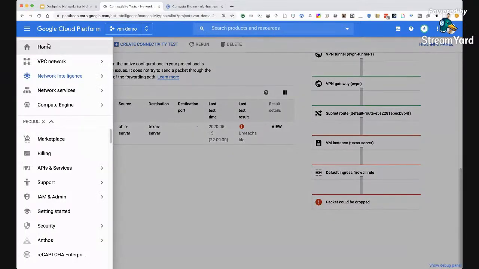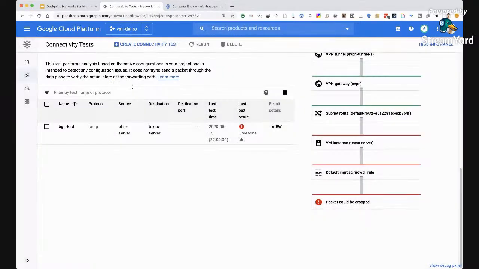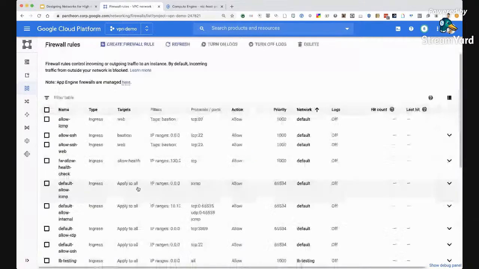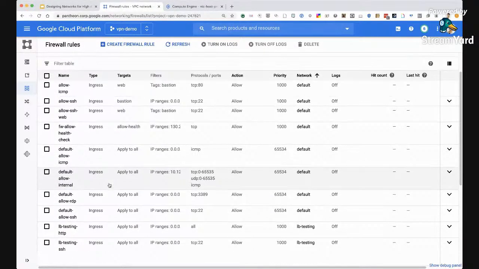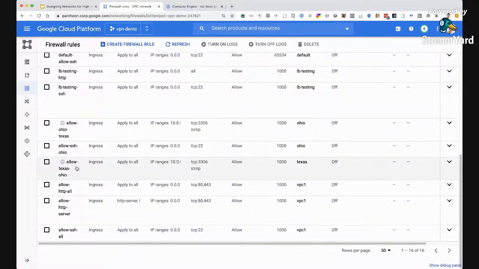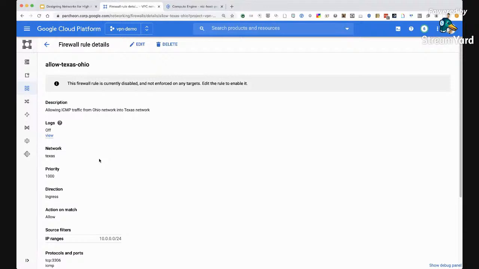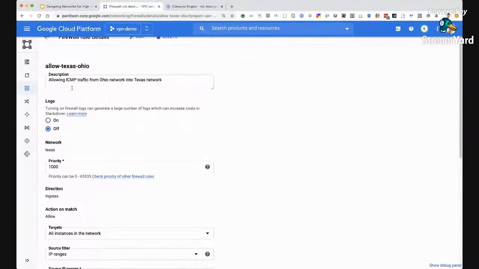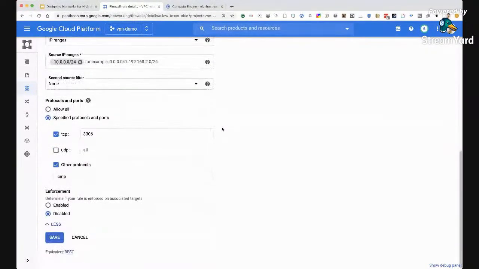So I can actually just go straight to my firewall rules and check it out. If I filter down to the ones that I know apply to that instance, I can see here that right now my allow ingress firewall rule to the Texas VPC is currently disabled, as you can see here. So what I want to do here, it's nice, you can go directly and edit this incoming ICMP traffic ingress rule for the Texas VPC and change it back to enabled.